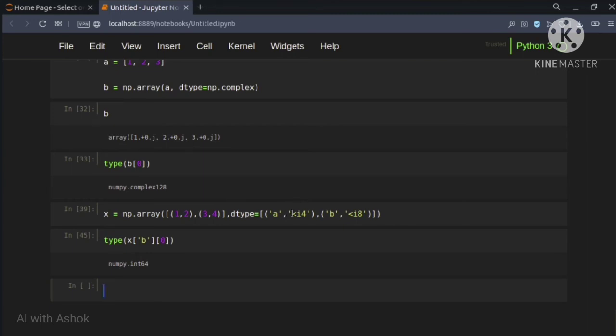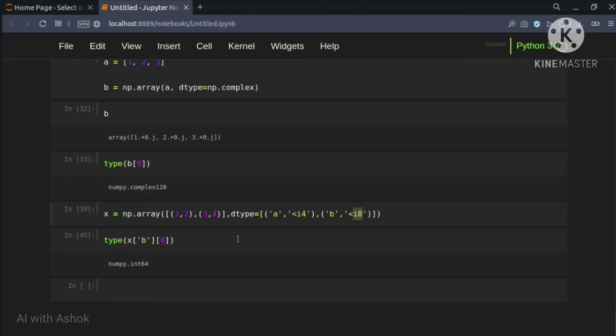So we can directly mention what is the data type of a column. So this is helpful to mention the data type of a column. If we want integer, this will reduce the size of the operation we are going to do. So if we want the first column to be an integer 32 data type, and the second to be an integer 64 data type, we can directly mention it like this.